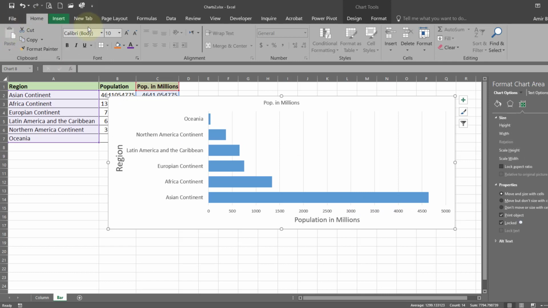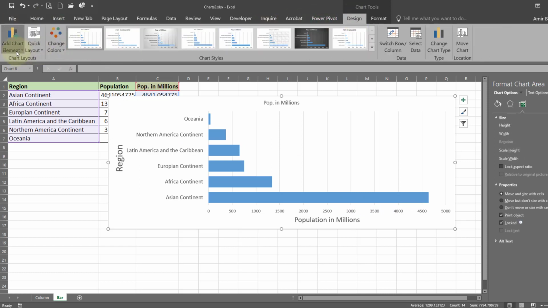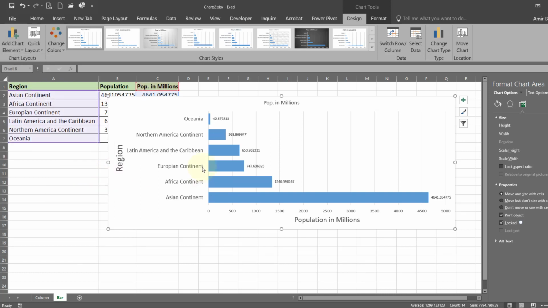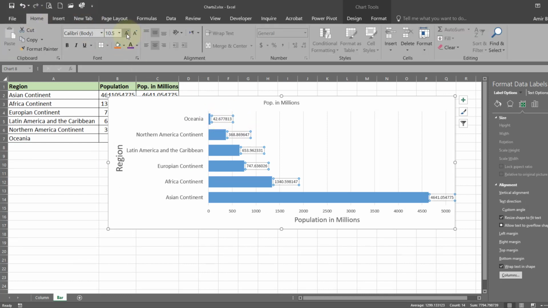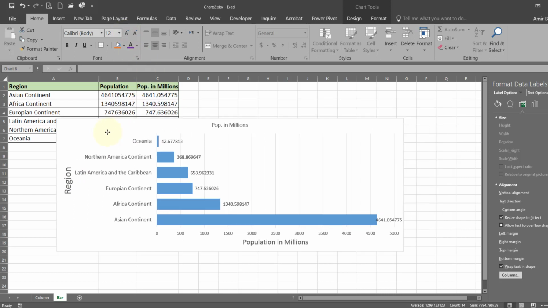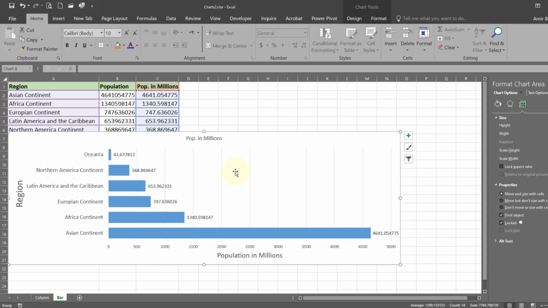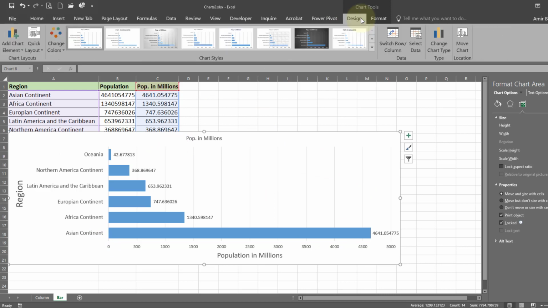And now we can display the data labels. So this is our bar chart. You can do some other formatting if you wish.